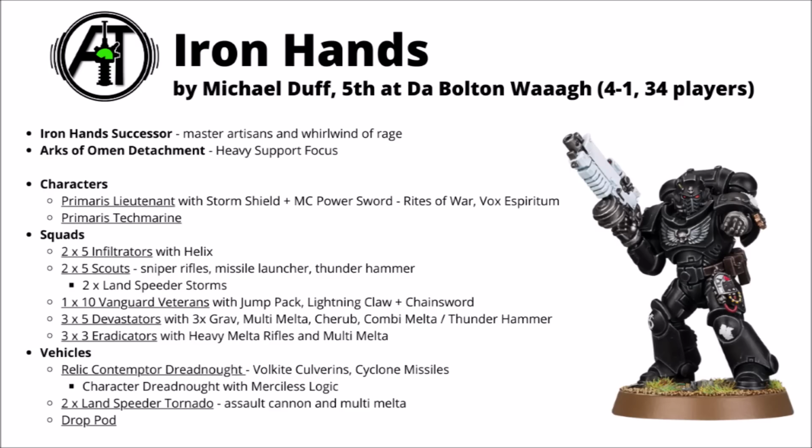Those 10 Vanguard veterans take jump packs, lightning claws and chain swords, so not taking storm shields or anything, but they will hit very hard with the Whirlwind of Rage. Iron Hands also have a stratagem for a 5+ feel no pain if they need it, and 1 for +1 to hit. Then perhaps the meat of the damage dealing falls to 3 units of Devastators and 3 units of